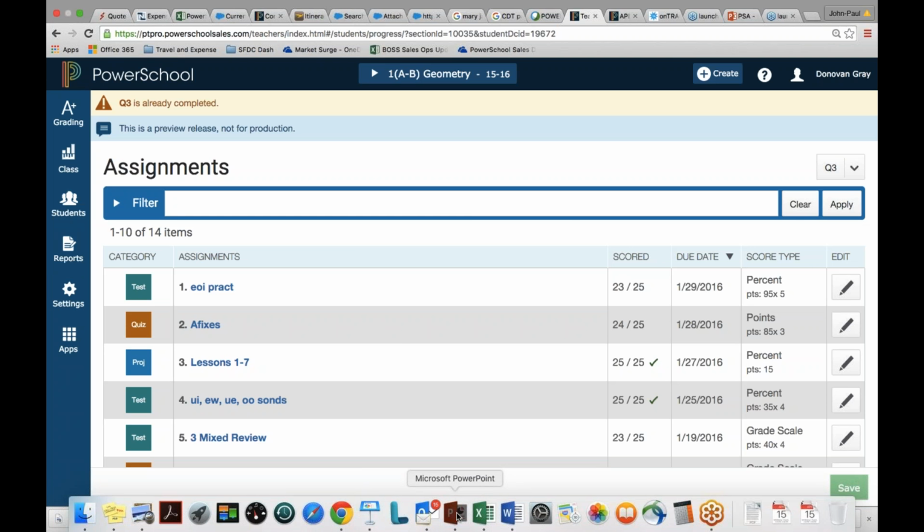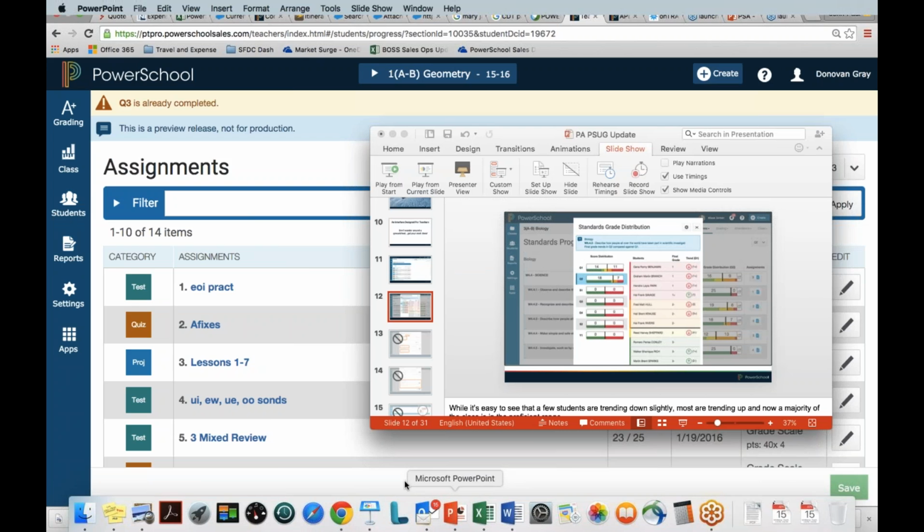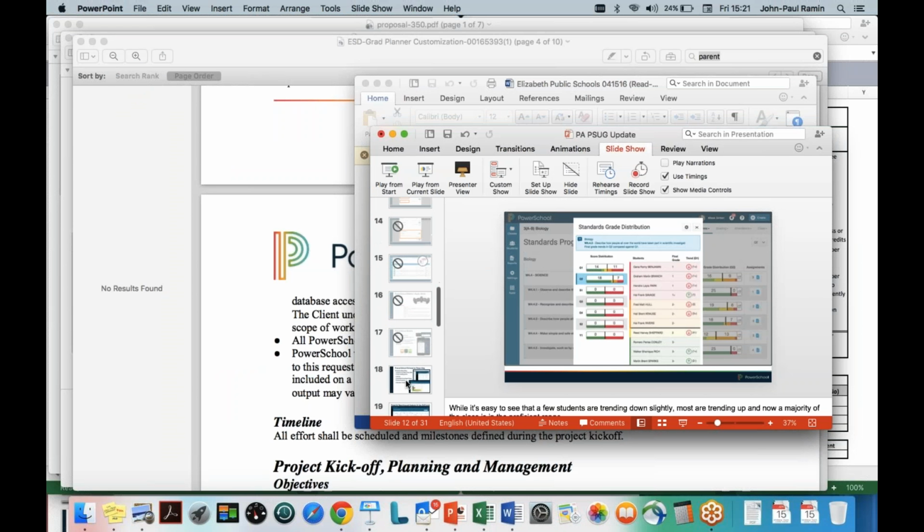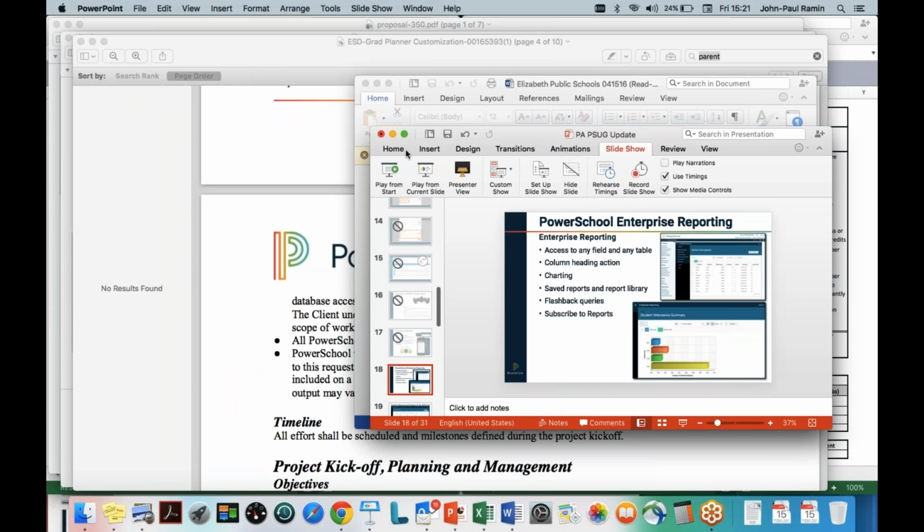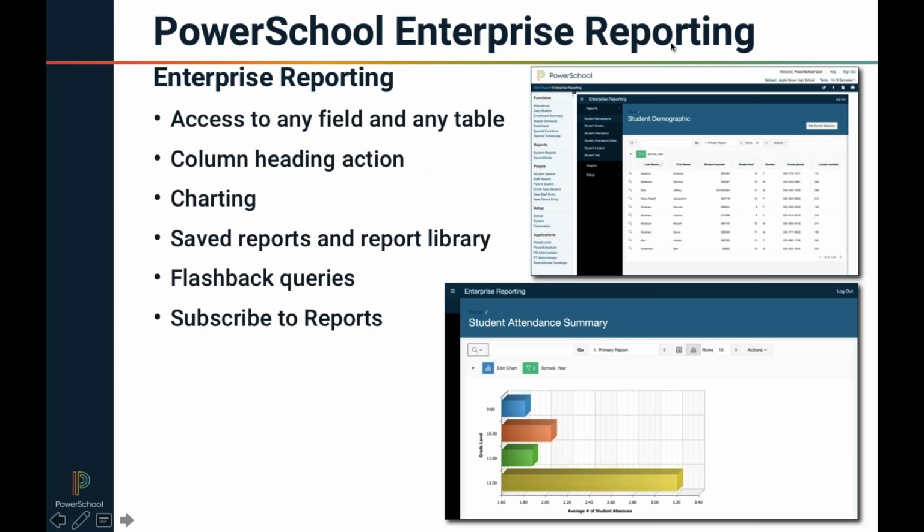So let me head back to my slide deck and talk about just a couple of other things. One of the other nice features in our recent releases is the advent of enterprise reporting, currently available in a preview release. It will be in its full release in the back to school in June. Really what makes it a preview release is simply how it's deployed currently from a technical point of view, in that